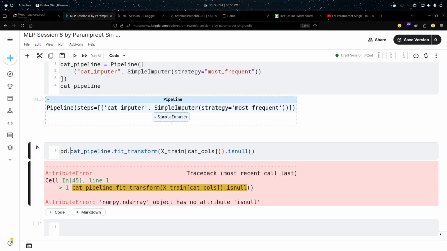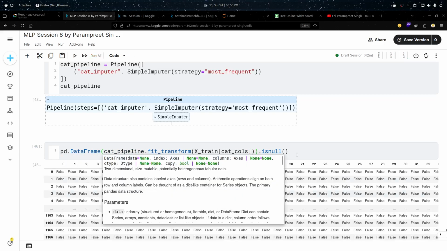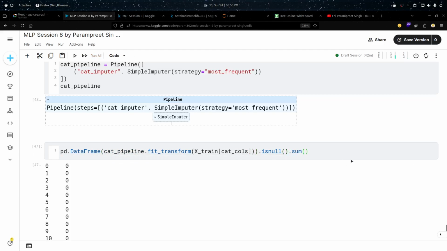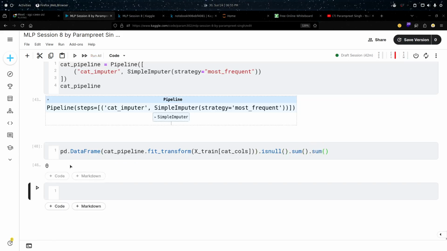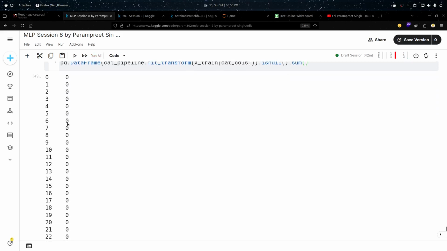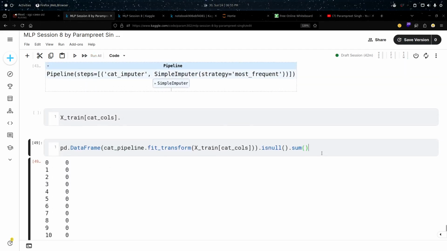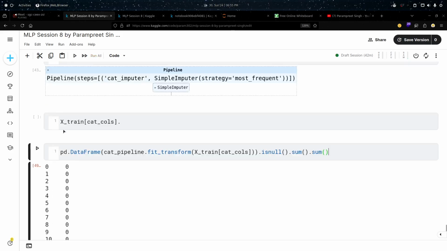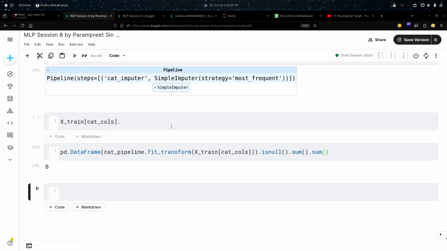Let me create the data frame of it. So isnull().sum().sum(). Now you can see I have 0 missing values. Earlier, in the normal dataset, if I check, why do we use .sum twice? The first sum gives me the sum of each column, then I'm summing again. It results in a series where the index represents the column names and the respective values are the null values. Then I'm summing up that series only. So here if I do .sum,